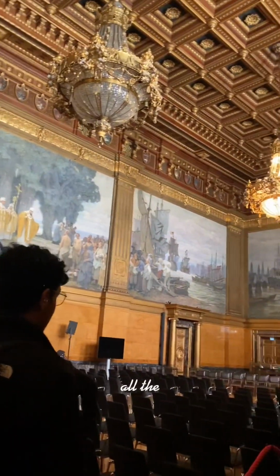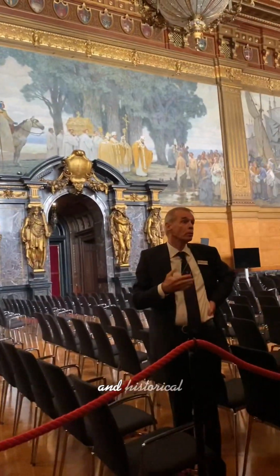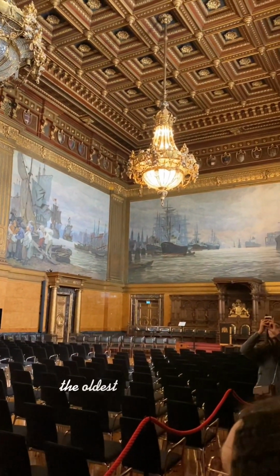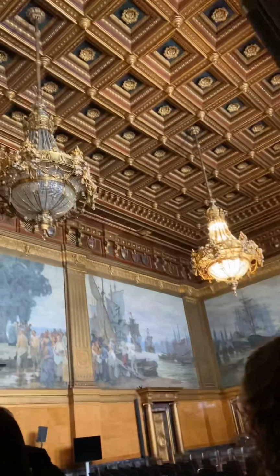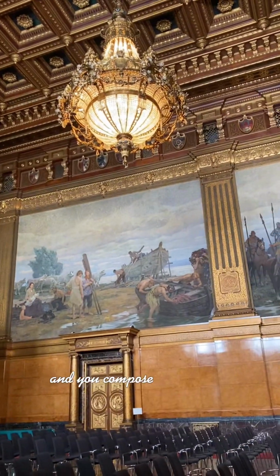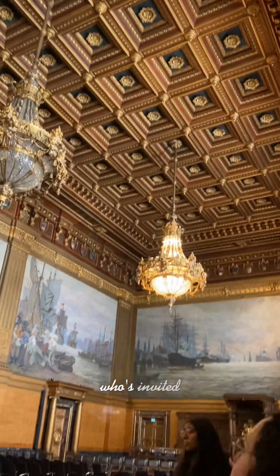Well, all the important events of the city of Hamburg take place in this room, and the most important event surely is what we call Matthiae-Mahl. This is the banquet hall. It's a feast, it's a banquet, the oldest banquet on earth. It's held since 1356. Telemann was for long years musical director here in the city of Hamburg, and also director of the opera. And he composed all kinds of music, also a special one for this event. Well, that leaves the question, who's invited? Diplomats. That's also very